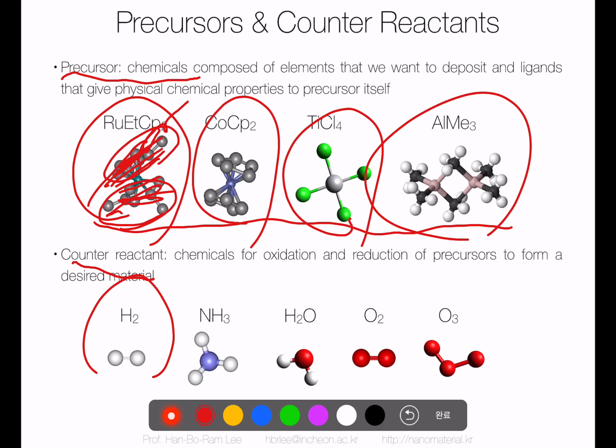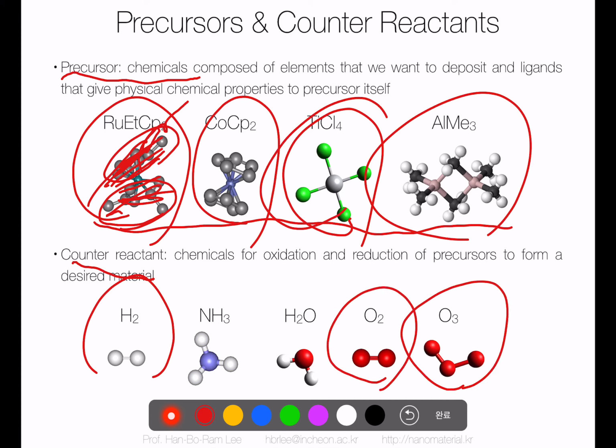Sometimes if you use water, oxygen, or ozone, you oxidize the TiCl4 precursor and leave TiO2, titanium oxide, on the surface as a film. So this is the precursor and counter-reactant, some of the materials used for